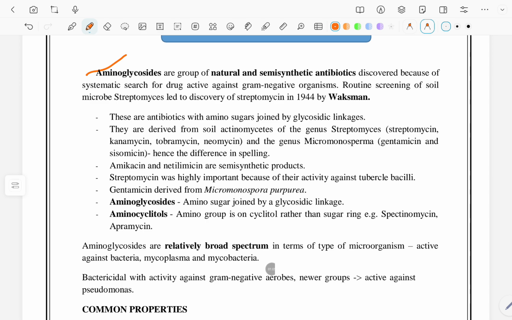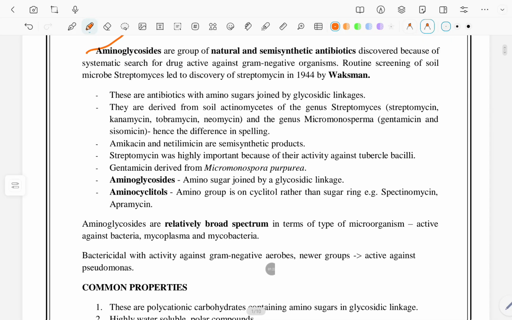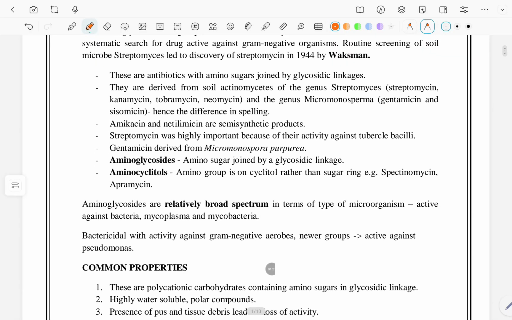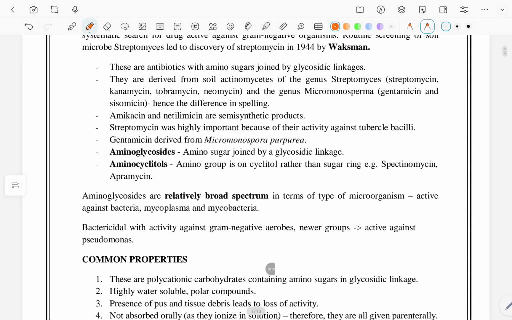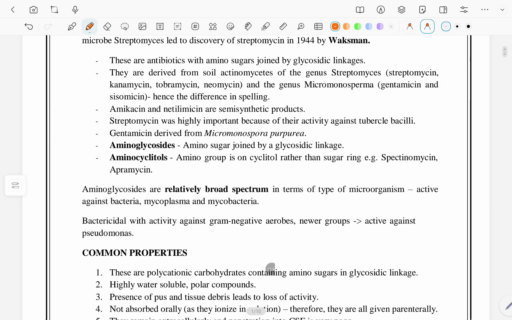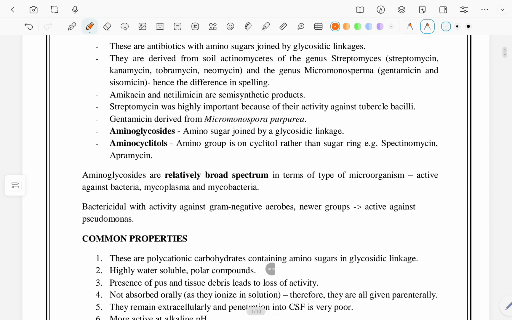Amikacin and netilmicin are semi-synthetic products. Streptomycin was highly important because of its activity against tubercle bacilli. Gentamicin is derived from Micromonospora purpurea. Aminoglycoside: amino sugar joined by a glycosidic linkage. Aminocyclitol: the amino group is on a cyclitol rather than a sugar ring. Example: